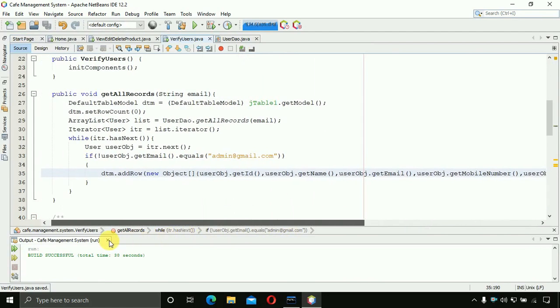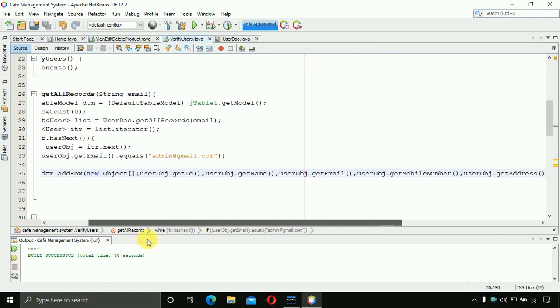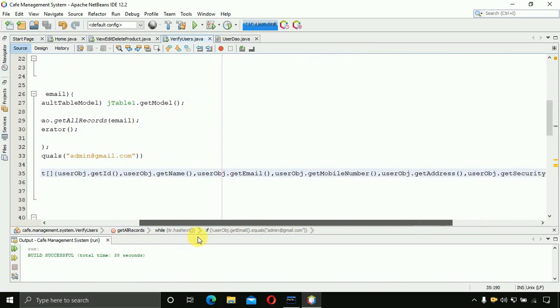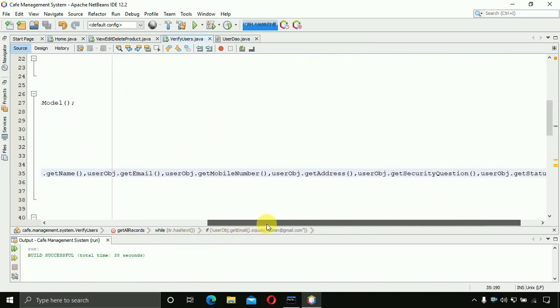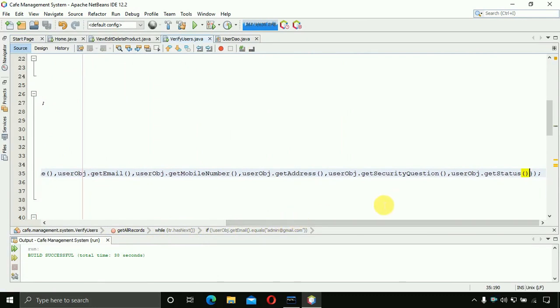So DTM add raw new object user dot get ID, name, email address, mobile number, address, and after that security question and status, that's it. After this we also need to call it, right? So whenever this page loads, in that case we have to call it. So let's